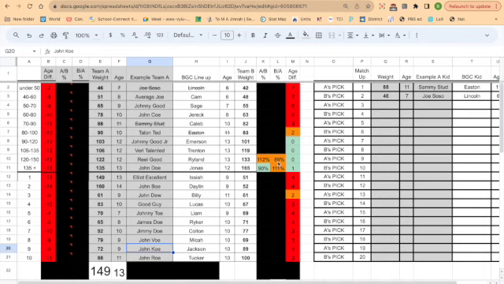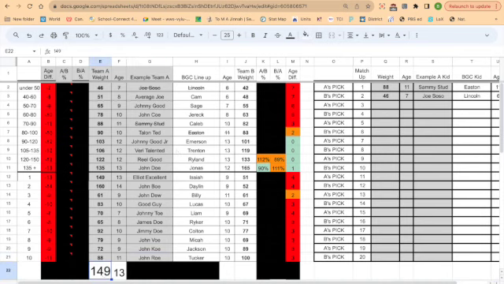Now, the reason why we have these yellow, or rather orange, indicators here is that this is indicating a variance of 2 years if it's showing up in the age column, or anything that is 10 to 15% of a weight difference. So I think those things could be tolerated if the coaches agreed upon them, but that should be done more towards the end of the lineup here. We're going to try to get all of the matchups that are automatically entered, meaning all 3 criteria are met, before we start making some of these compromises. So this being the 3rd match and plenty of other viable options out there, Team A would be forced to